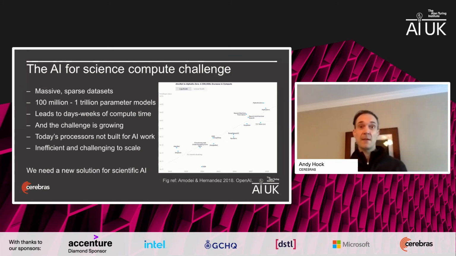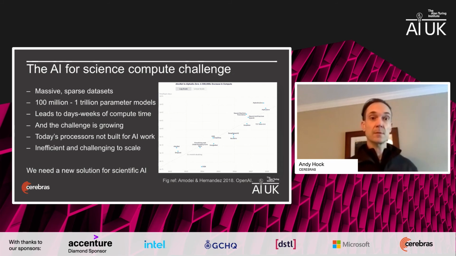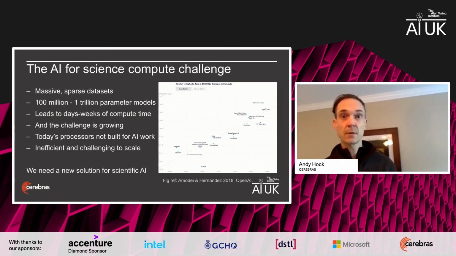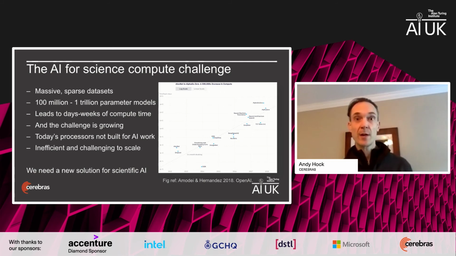However, AI for science is constrained by computing infrastructure today. Data sets for science are massive, growing, and often sparse. The models used to capture the variability of that data are often on the order of hundreds of millions to trillions of parameters. This large data and large models leads often to days or weeks of compute time to train a model just once, even on clusters of tens to hundreds or more of legacy general purpose processors such as